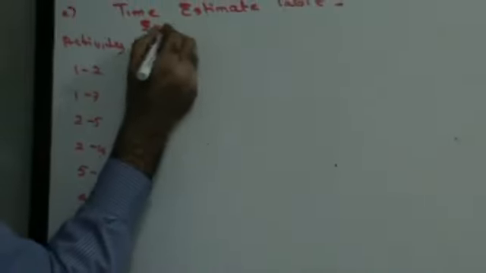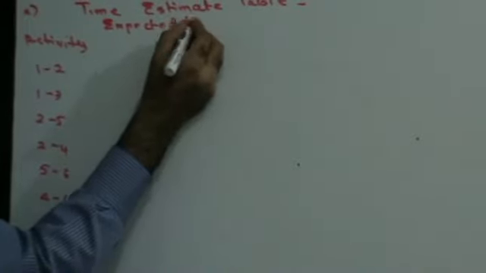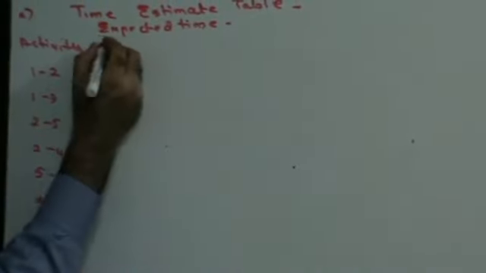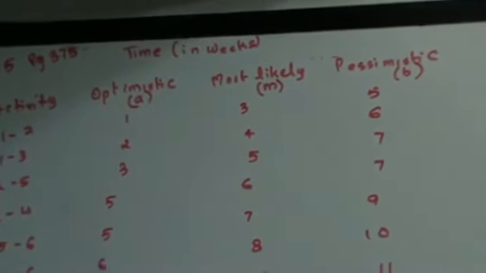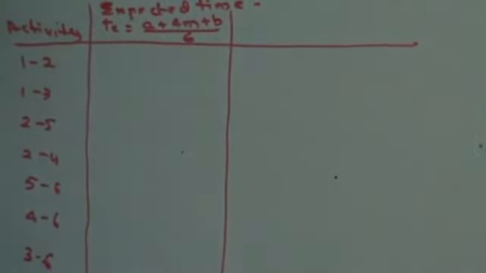Now, the first thing that you have to do is get the expected time. Expected time is given by the formula TE is A plus 4M plus B upon 6, right? Now, where A is nothing but my optimistic time, M is most likely time, B is pessimistic time, right? So in the first case,